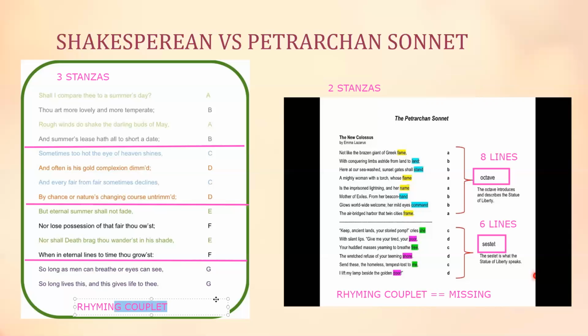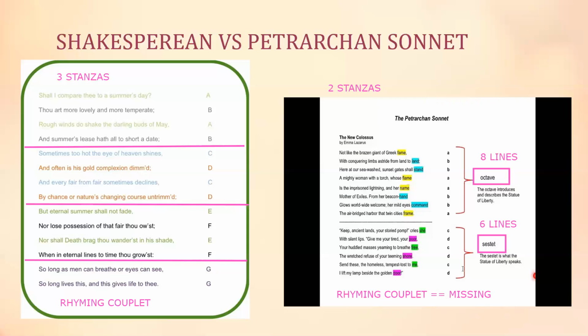And over here, we have no rhyming couplet. Here we've got an AB rhyme scheme. Here we've got an ABBA rhyme scheme, which means the first and the last lines rhyme, the middle 2 lines rhyme for the first octave, for the first 8 lines, and for the last 6 lines, we've got the same